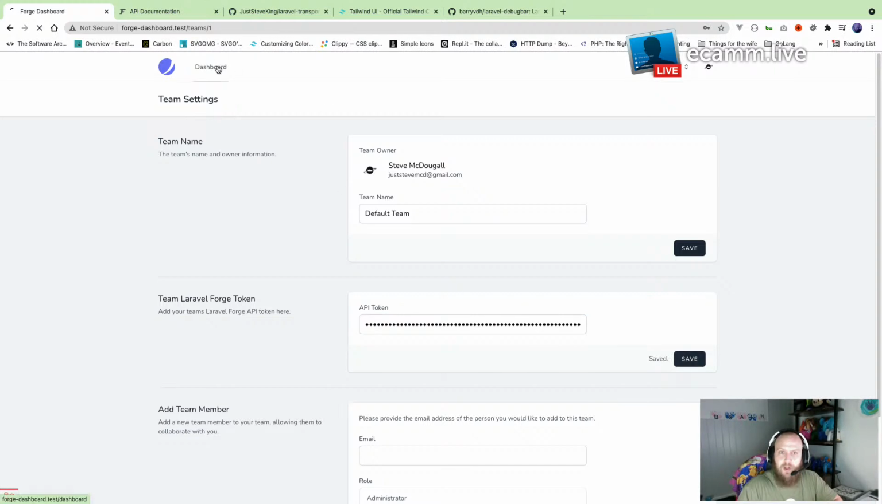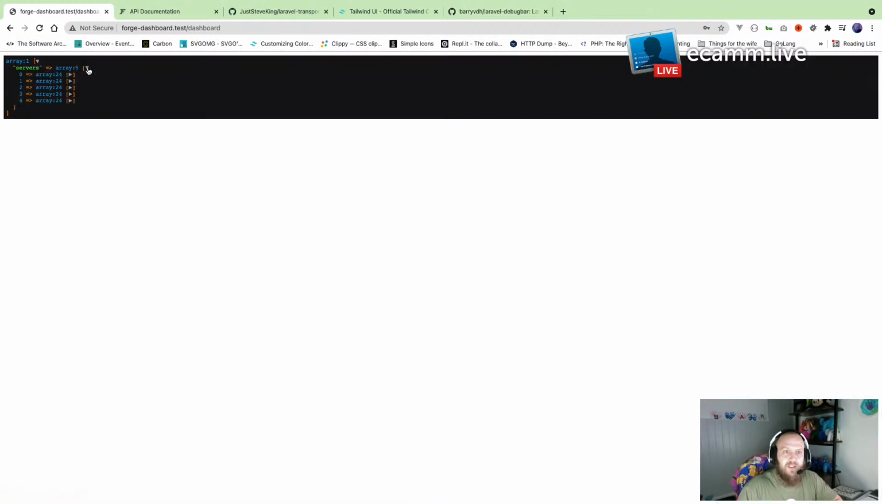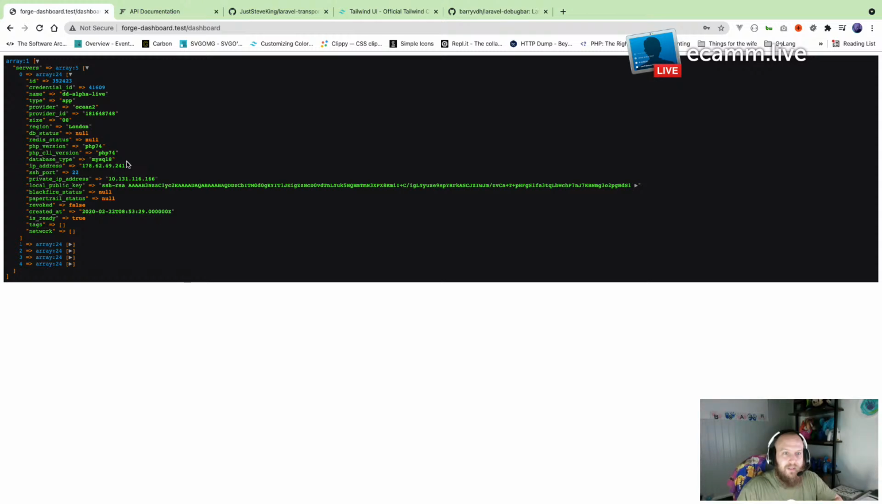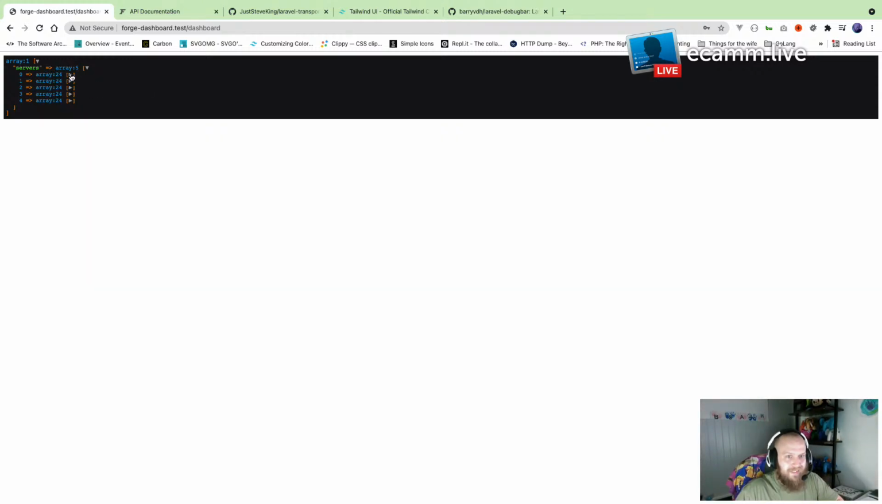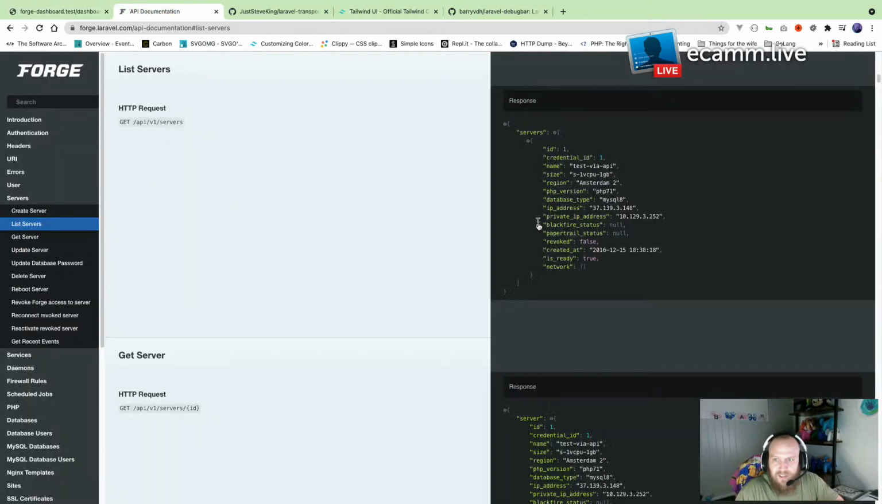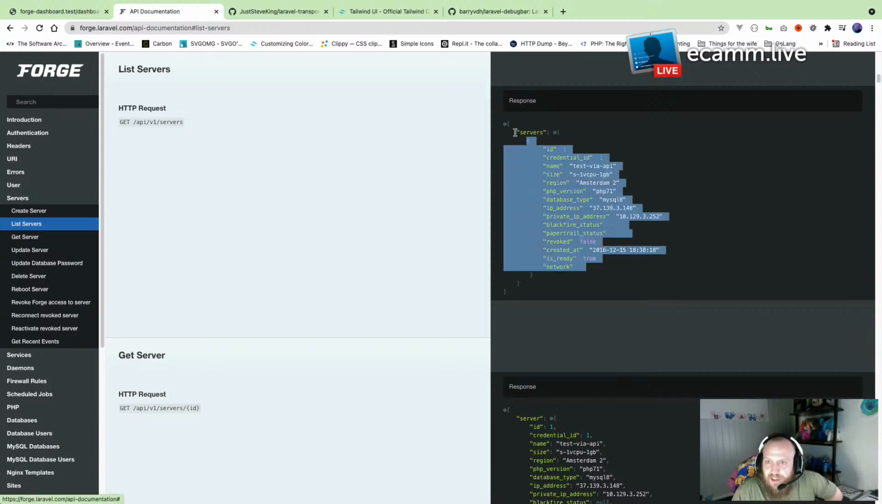Saved. So now if I go back to dashboard, I get my servers. Here's some servers. Perfect. That's simple. So what I need to think of here is for servers that I'm getting back, they're going to have certain parameters to it. So I kind of need to build like, am I going to use arrays for this? Am I going to use